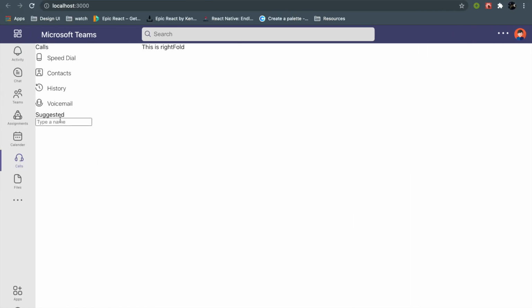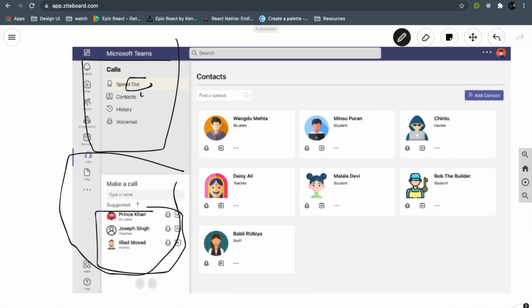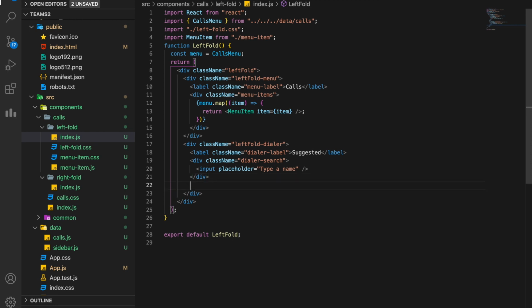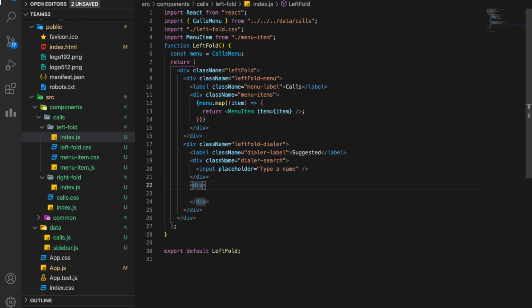You can see here, this is my search. Next we have is suggested. This part I'll be calling suggested, which has a label and a list. So next to this, I'll create a div and call it dialer suggested.